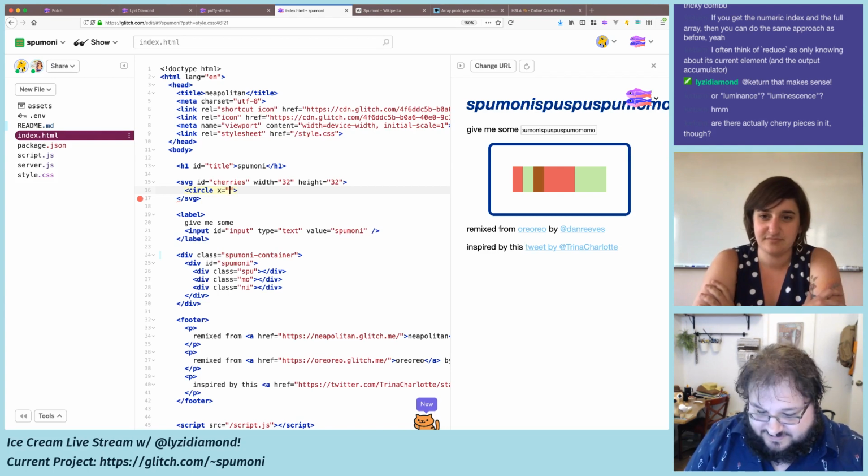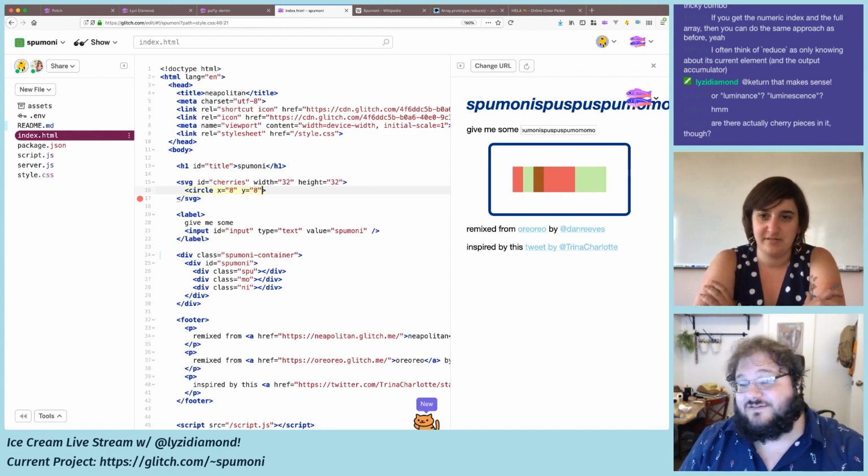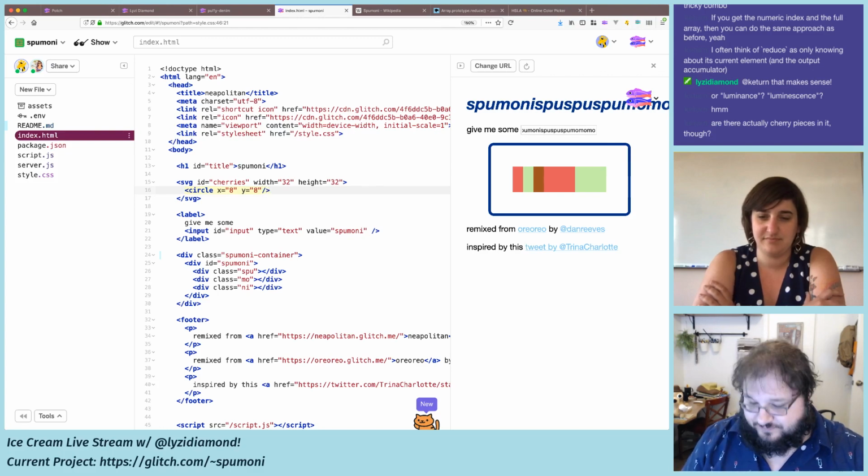This one I feel like is going to be not as over the top as these can be. So we're going to do x equals weight 8, y equals 8, because circle is a command. Circle is a command in SVG. So this is eminently reasonable. R equals